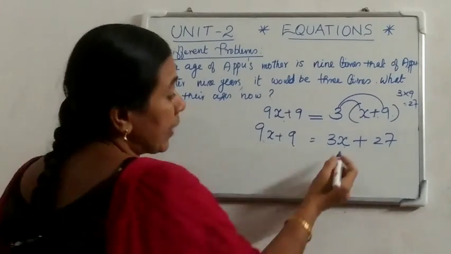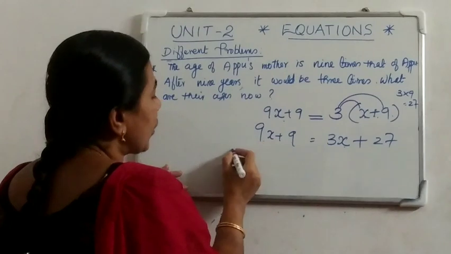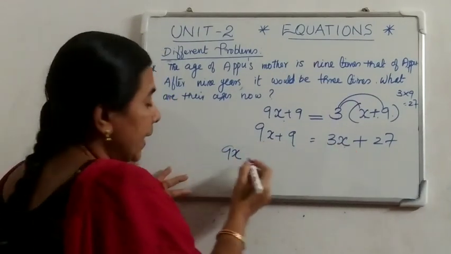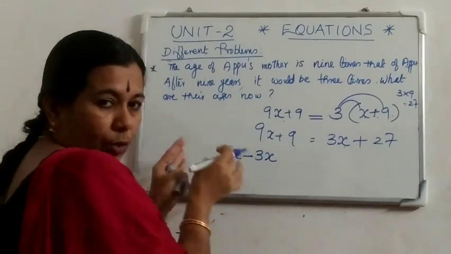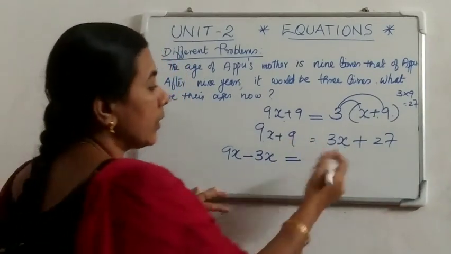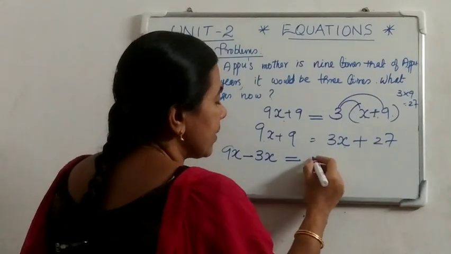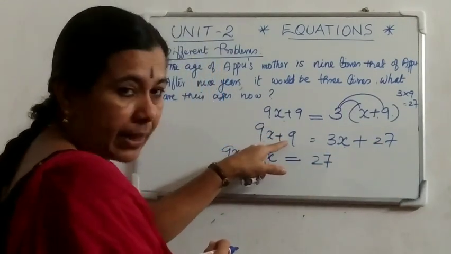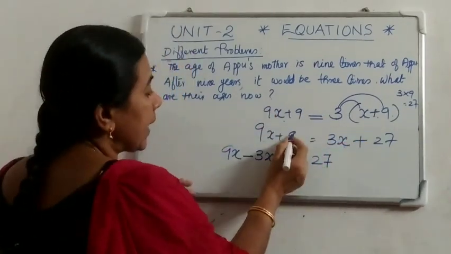9x. Therefore, we want to take this 3x to the LHS, the left side. Therefore, 9x is here. This 3x comes to the left side as minus 3x. Therefore, variables are on the same side. Equal sign. This 3x went into the LHS, then the remaining number is there, 27. And you want to take the number 9 to the RHS, right side, on the other side. The 9 is to be